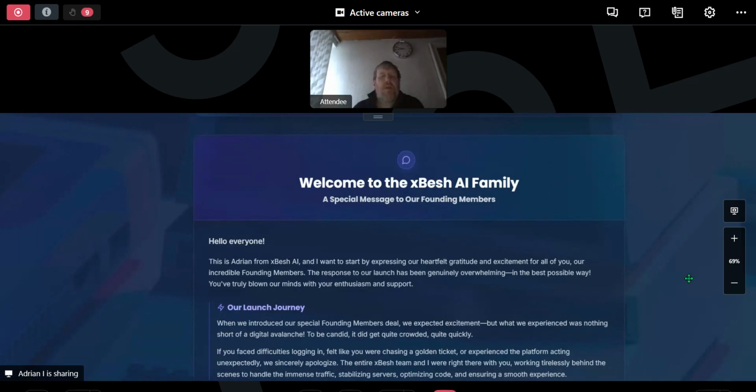So if you're going to build a full stack application, website, web app, or a browser extension, you can build that. If you want to build a WordPress plugin, as it is a full stack app you won't be able to test the preview of it, but you can build it because Xbesh is capable of writing any kind of code in PHP, Python, Java or any language. But we highly recommend using it for full stack development only.